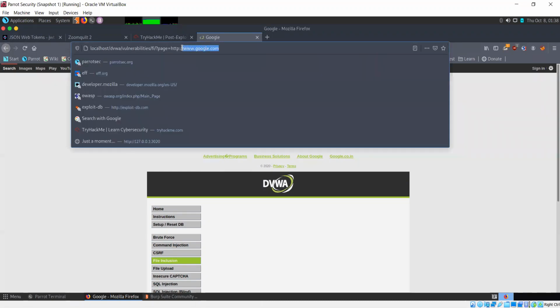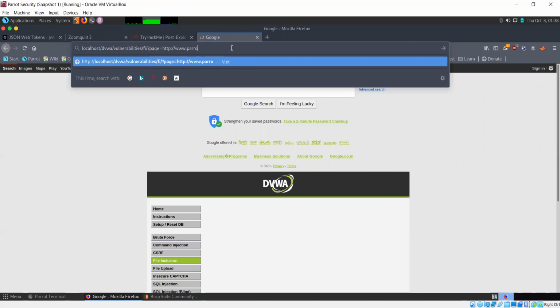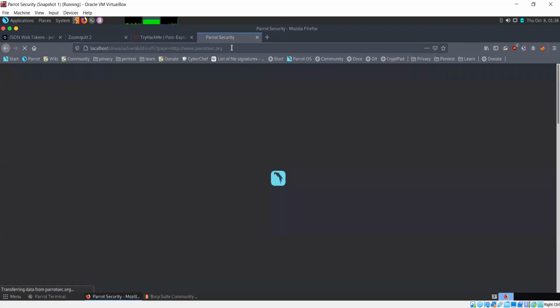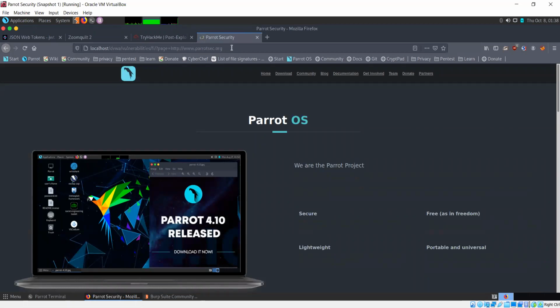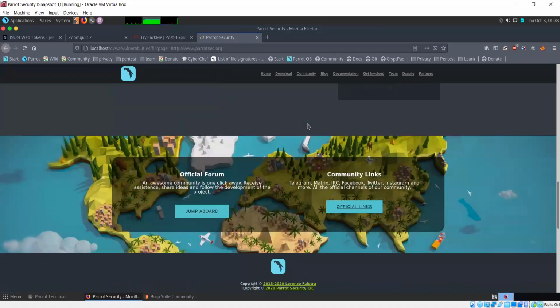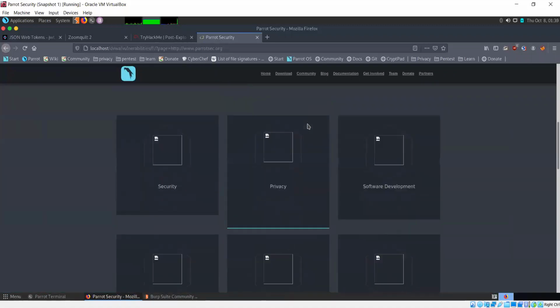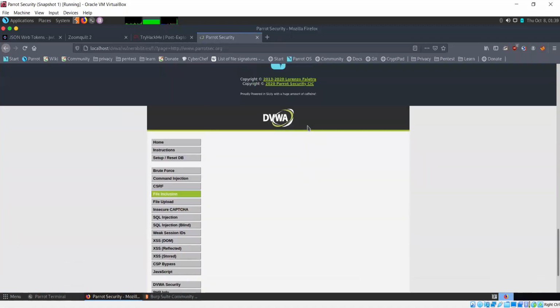If I want, in case of Google, I can specify any website that I want. Let's say parrotsec.org. Let's try that. Now, if you think of this from an attacker's point of view, he could use this kind of thing to show a malicious website to your user. So now you're seeing the ParrotSec homepage on your DVWA website.